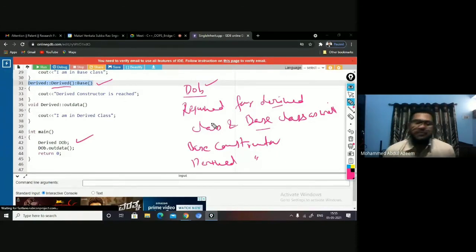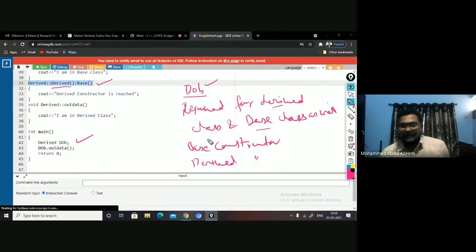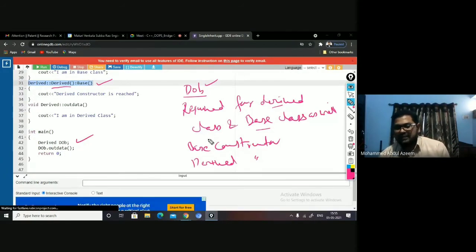That is the reason why, when the constructor is invoked, you have the derived class constructor which will initialize only derived class members. But the base class members are also associated with that derived class object and are also required to be initialized, which can be done only by invoking the base class constructor.